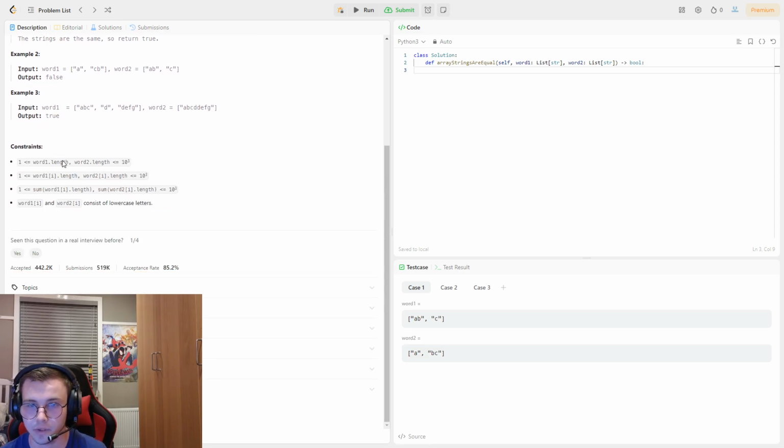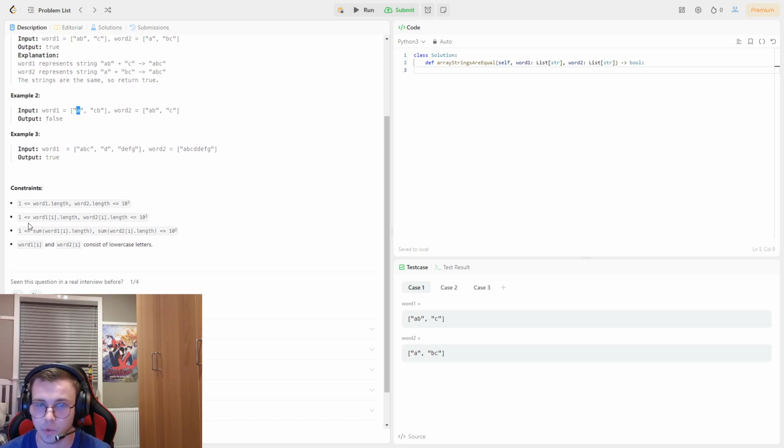Constraints, each word's length is 10 to the power of 3, so each word has at maximum between 1 and 10 to the power of 3 elements, and each of those elements have between 1 and 10 to the power of 3 length. Yeah, the length of each element, so like this here is between 1 and 10 to the power of 3, and